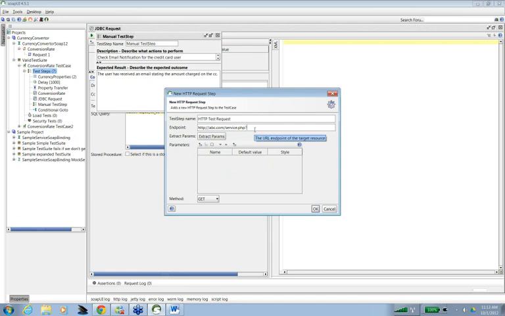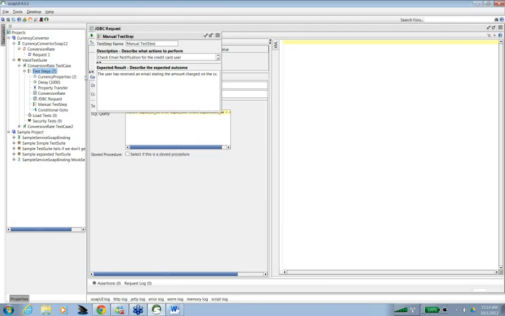If you write param1 is equal to value, and say extract parameters, it's going to automatically extract the parameters and write the values. And you can send this as a get, post, put, delete. So these are all the HTTP methods which can be used to send the request. So you can add an HTTP request also.